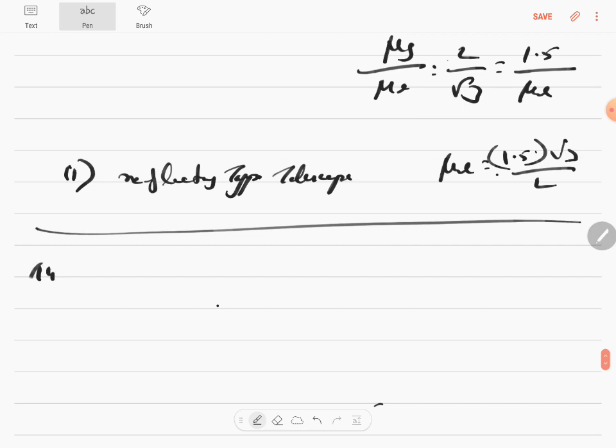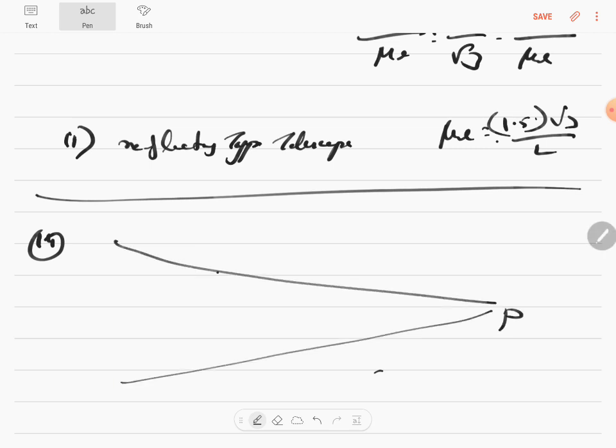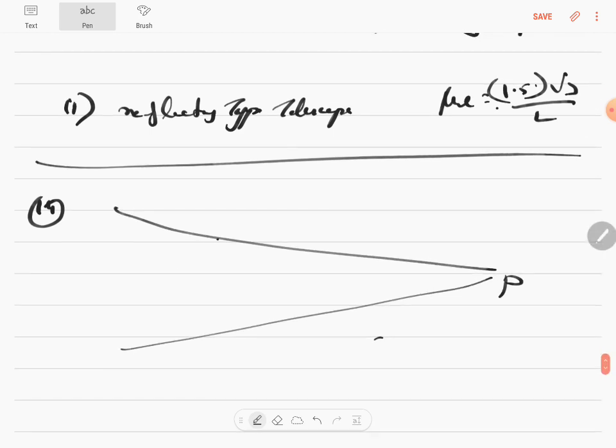It's the 14th question. Draw a ray diagram showing formation of image in a compound microscope when the final image is at the least distance of distinct vision. Obtain an expression for the magnifying power, which I have taught you in the class. 15th question. A beam of light converges at a point P. A concave lens